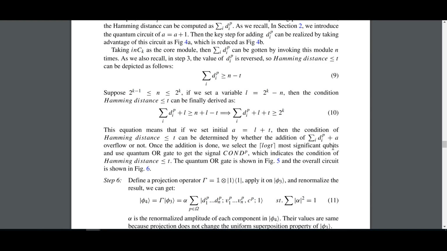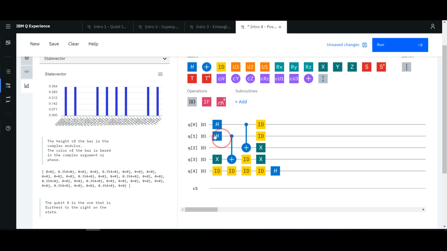I know what they're trying to do. So the condition, because you want to select the ones that have the Hamming distance lower than a certain d, right? And the trick here is you have them in a superposition. So what you've done is you have them in a superposition,